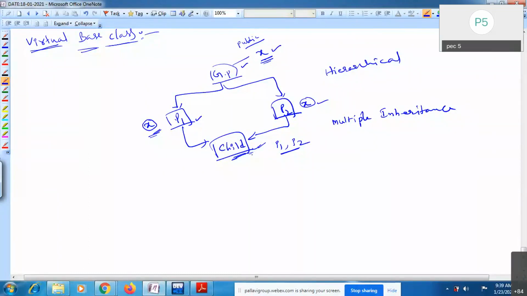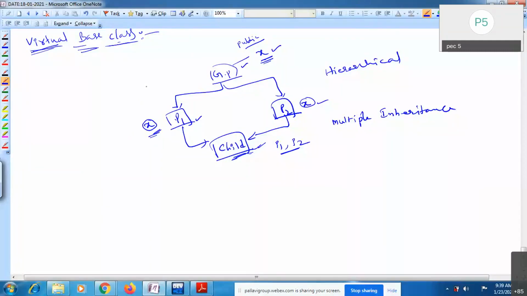Here is how you can use this virtual base class. For example, here you have one class, grandparent. Inside grandparent there is only one data member, that is x. Just take it as public.